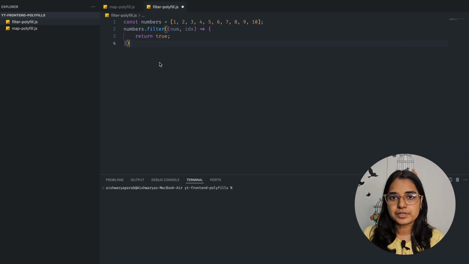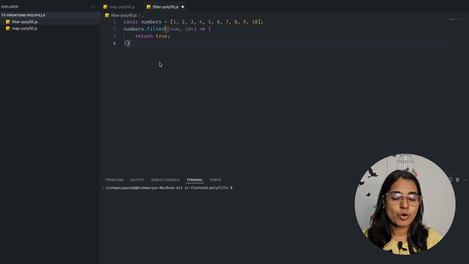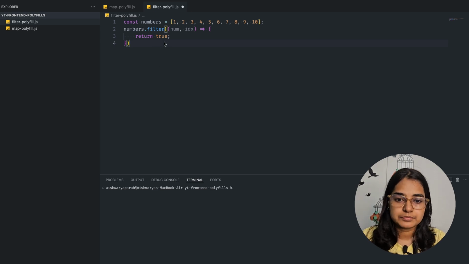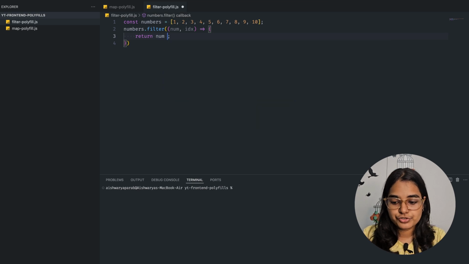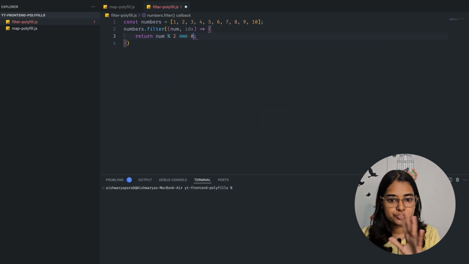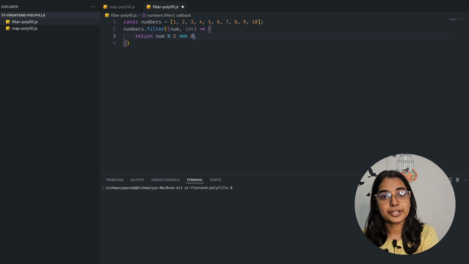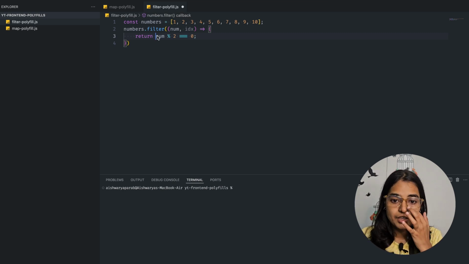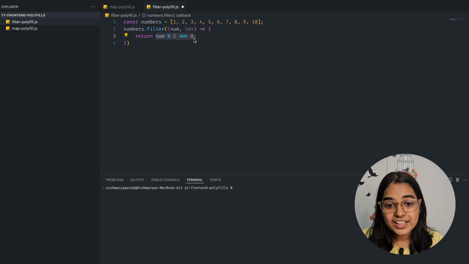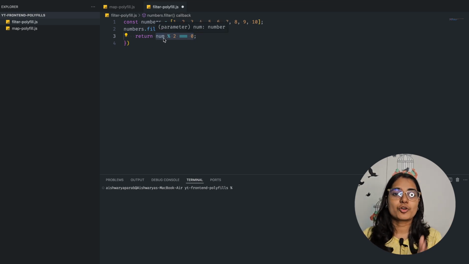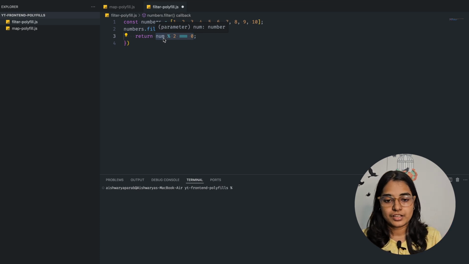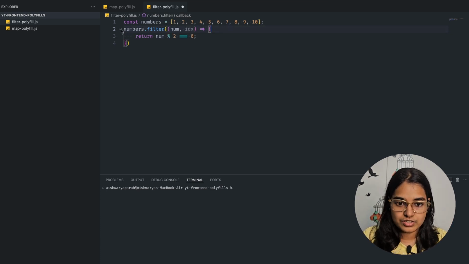Now if I want even numbers, then we know one mathematical rule, that all even numbers are completely divisible by 2. So if the remainder is 0, then that element will be included in the final array. We can just say, if num modulus 2 is equal to 0, which means the remainder is 0 after your number is divided by 2, then this condition will return true, and when it returns true, that is the time your element will be added into your array. So I'll say const even numbers,